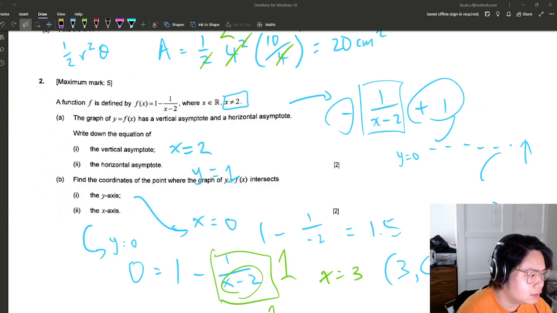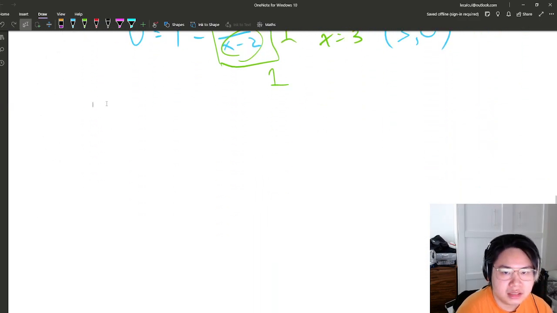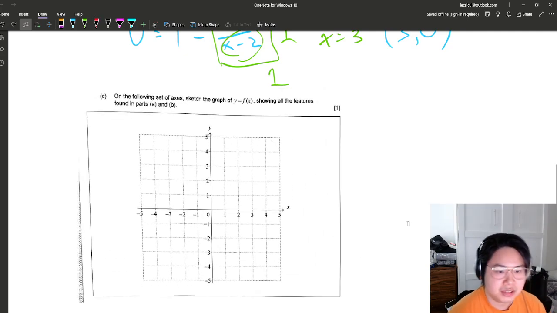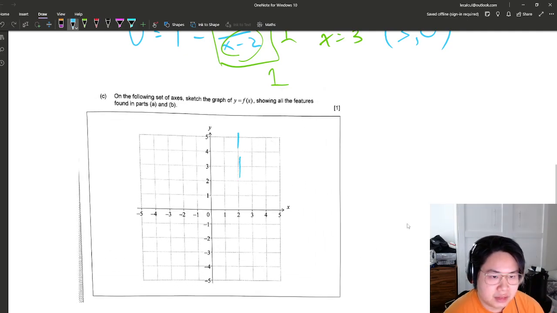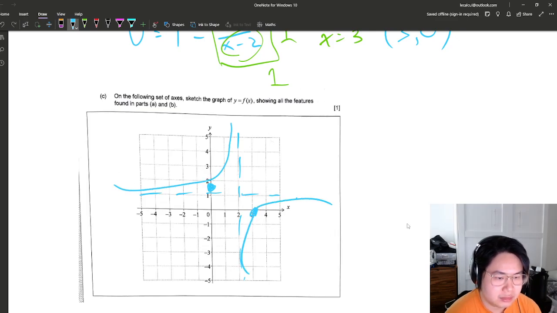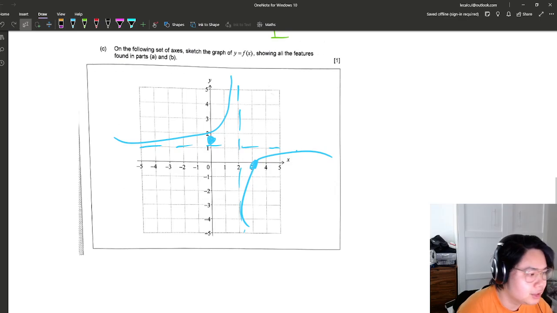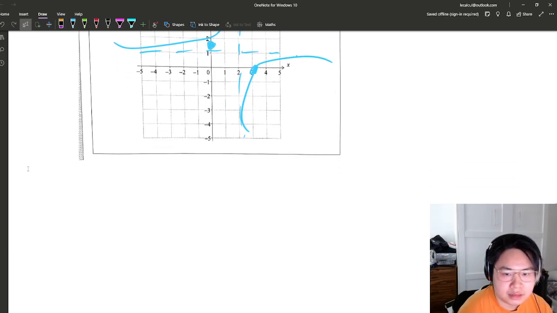Okay, this is pretty standard so far. So now we use parts A and B and make a quick little sketch. So vertical asymptote, horizontal asymptote, y-intercept, x-intercept, and then sketch it out. Okay, nice. Only worth 1 mark though. That should be worth more. Okay, and then the next one